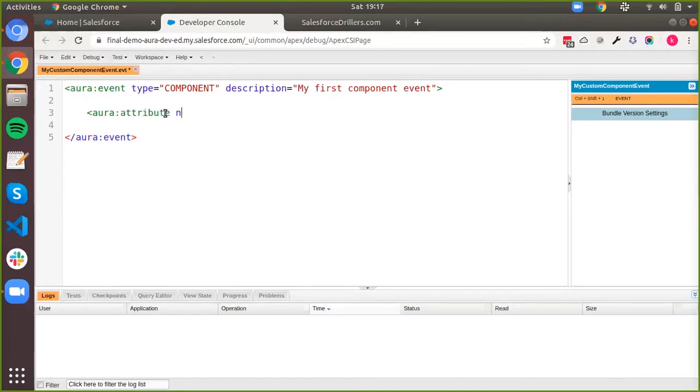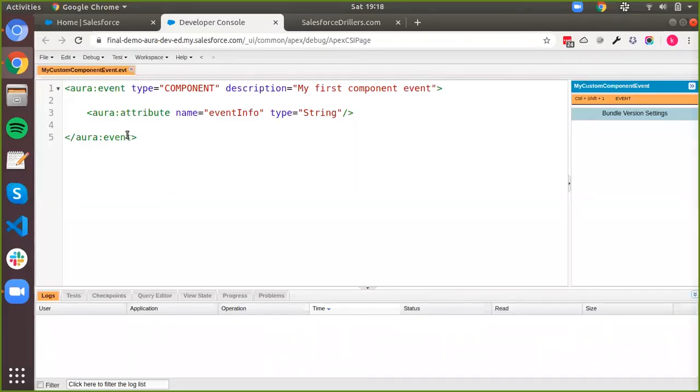Like this. Let's name this eventInfo, and they work just the same as attributes in Aura components. You can give it a type. Let us give it a type of string. All right, and I click on save. Now this is ready to be used, with this eventInfo attribute being sent inside the event.